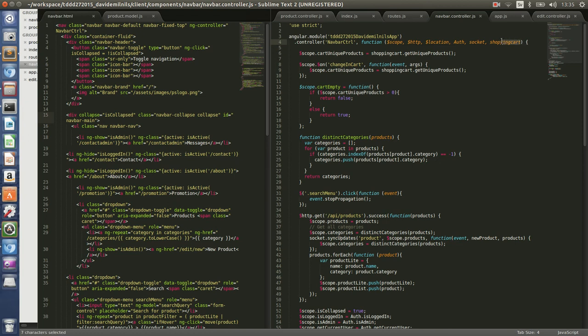When you add a product to the cart, a cookie will increase its value by 1, saying you have one unique product and the ID of that product. So that's what we included here in the navbar as well to get the responsiveness. And that's also the scope here. Cart unique products is shopping cart get unique products, which is a function in the shopping cart service package, which is